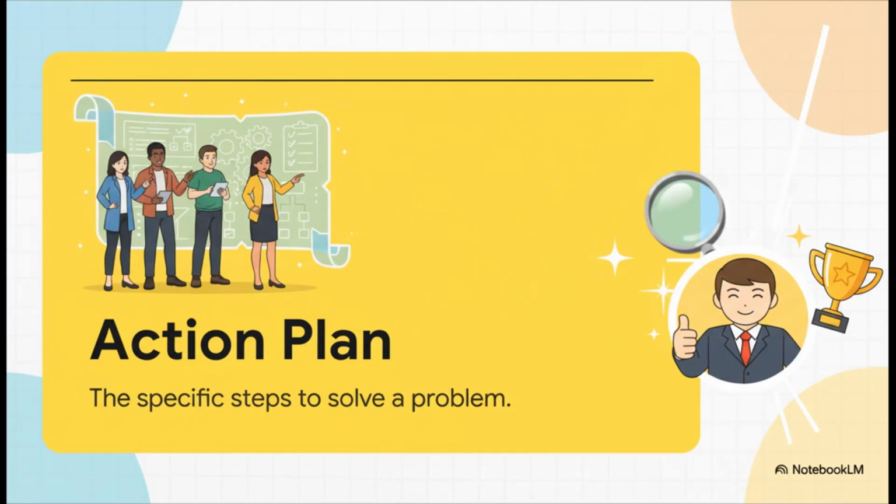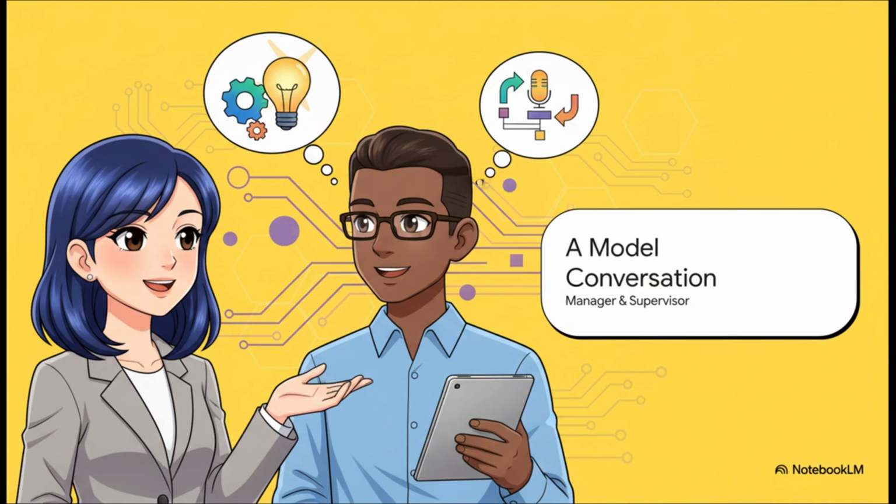And finally, an action plan. This is what makes your solution real. It's the how and the when. An action plan really shows your boss that you've thought everything through and that you're in control of the situation. Okay, so we have our words ready. Now let's put them all together. We're going to walk through a model conversation. As we go, pay close attention to how the supervisor uses these ideas to handle a really difficult talk.